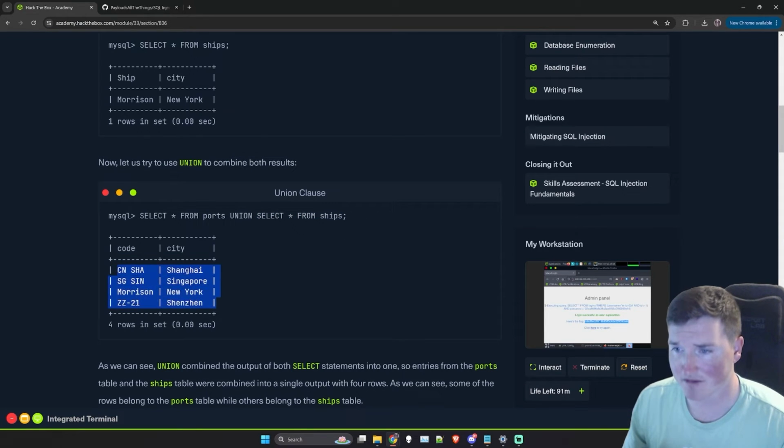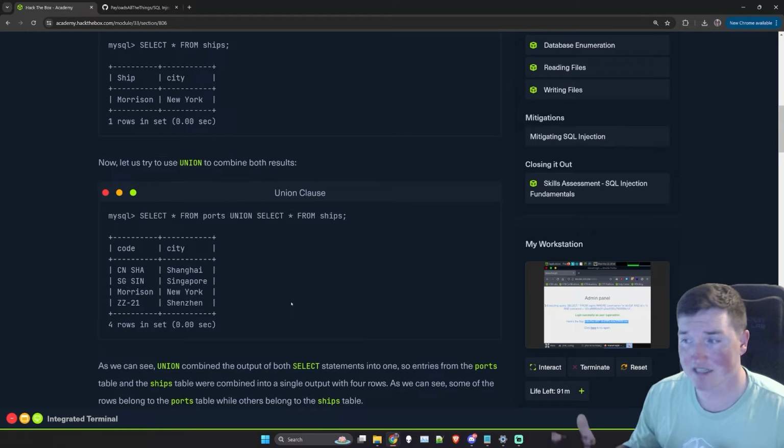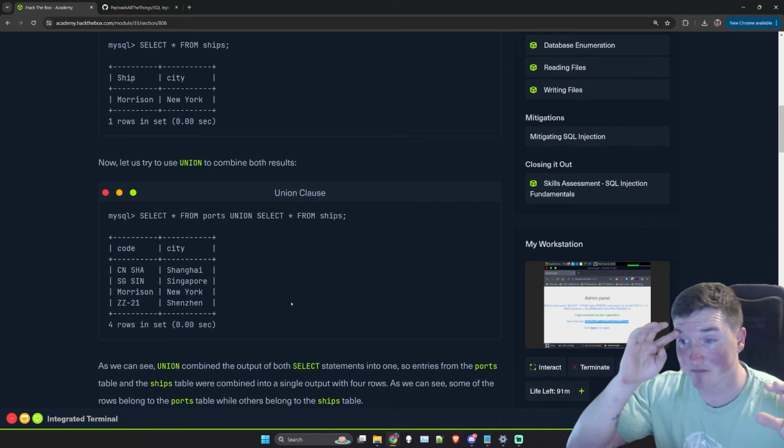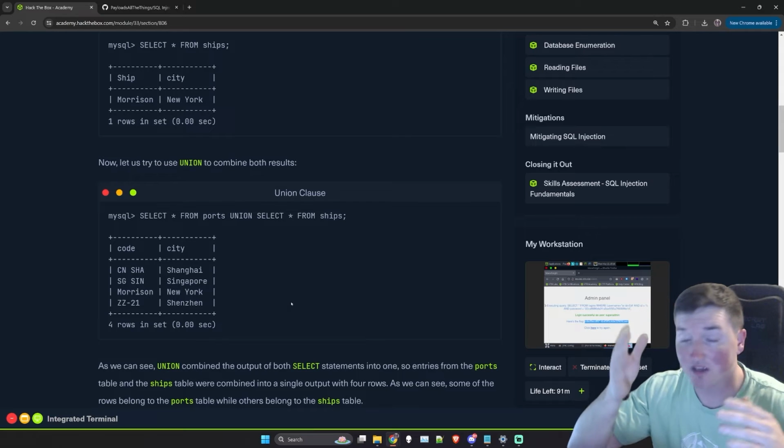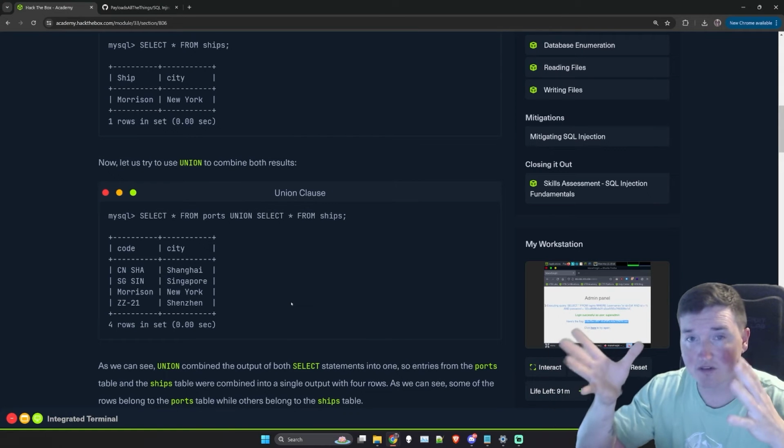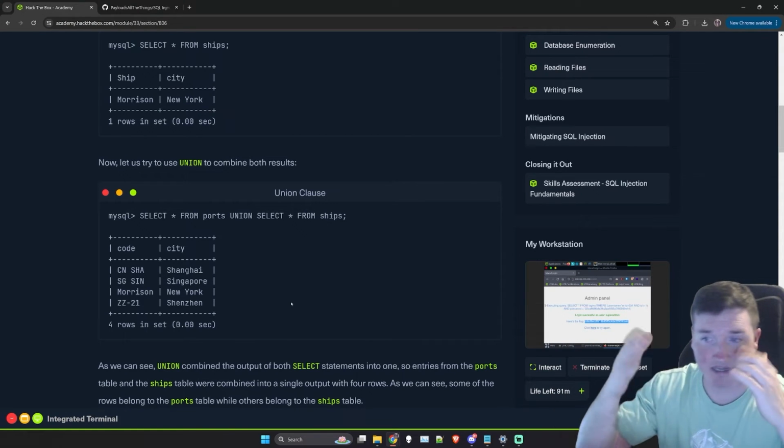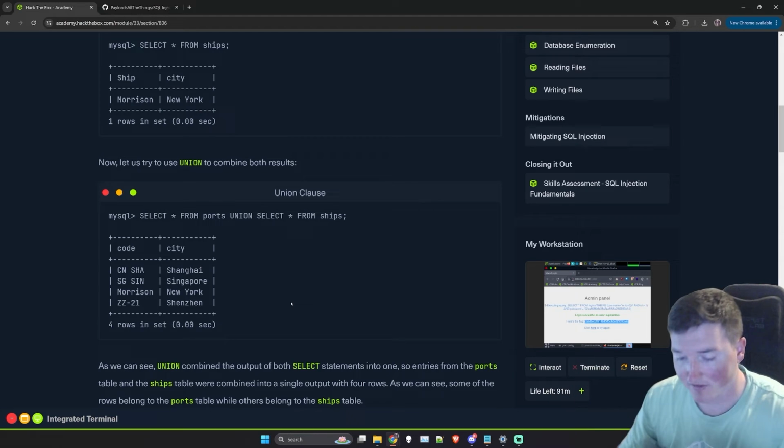This is very common. Like I said, what if you have databases that just have segregated data, but they have the same types of data? You can just do two union statements and boom, boom, boom, boom, and it'll print them out together. So